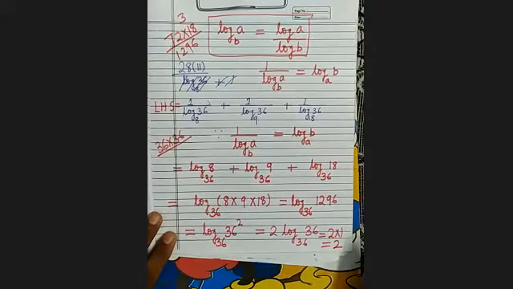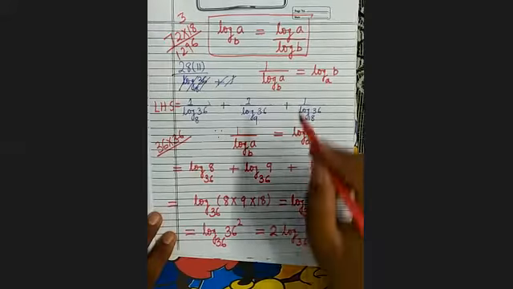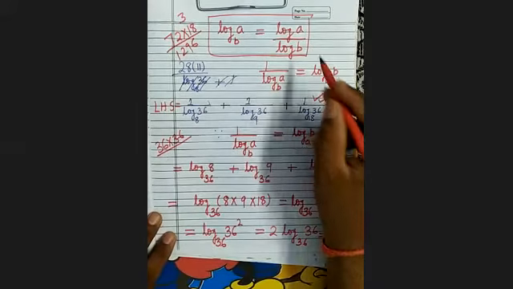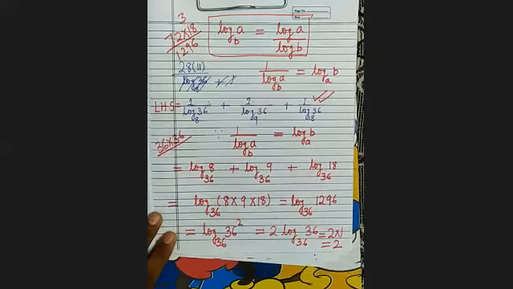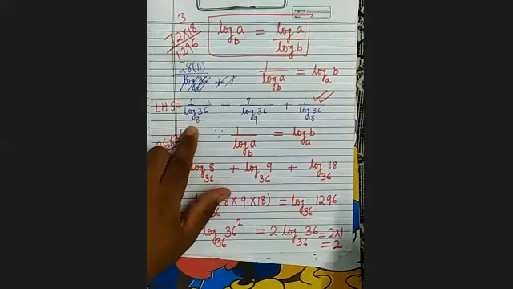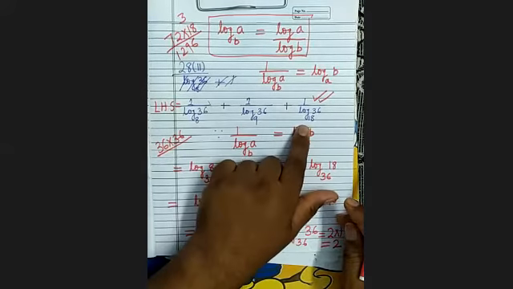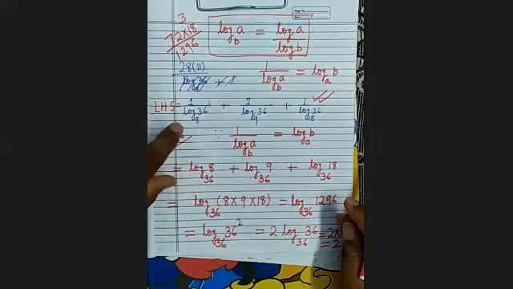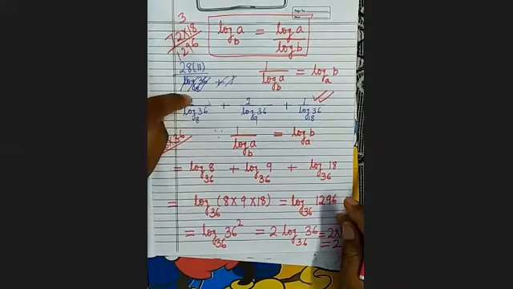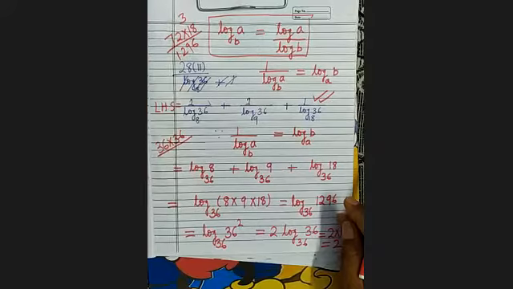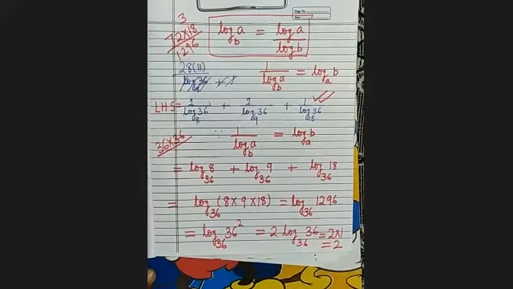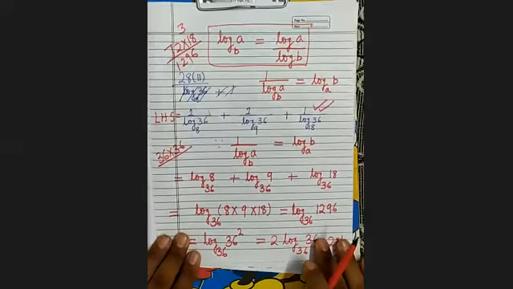Now see here, this question we can also do using this other formula. You can write log 36 upon log 8, log 36 upon log 9, log 36 upon log 18. When it reciprocates, it will become log 8 upon log 36, this way. So that you can do. Now see here, question number 29, first part. This is also of the same type.